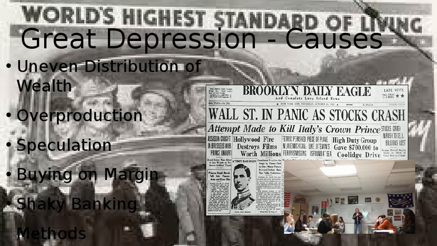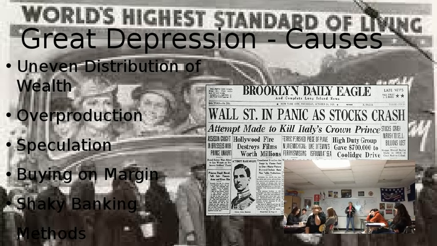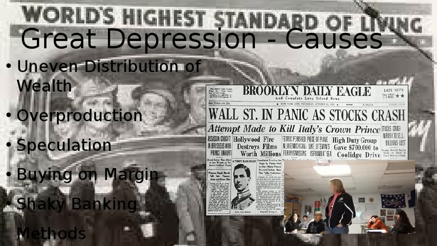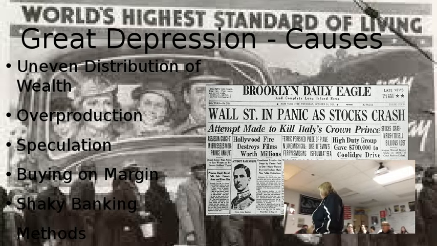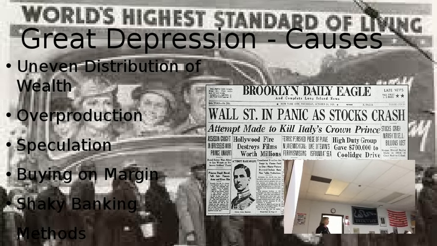And then also, you have buying on the margin. During the 20s, stock prices started to soar. A lot of people wanted to get in on the stock market, but they didn't have the cash on hand to do it. Banks wouldn't loan you money to buy stocks, but stockbrokers would. They would say, give us 10% of the value of the stock now, and when the stock goes up, you can pay us the rest. Whatever's left over is your profit. Well, the problem is a lot of people bought on margin, and then the stock prices dropped, and you still owed the original sum that you borrowed.